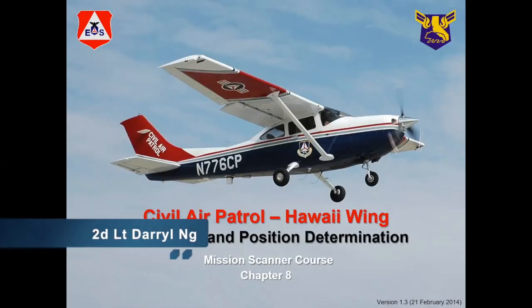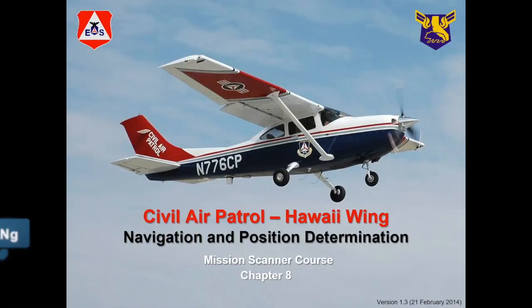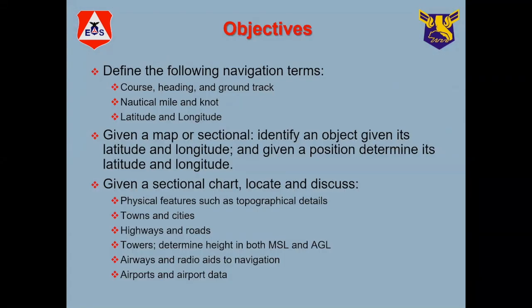This is going to be navigation and position determination. We have quite a few objectives in this module. We need to define the following navigation terms: course, heading, and ground track, nautical mile and knot, latitude and longitude. Given a map or sectional, we need to identify an object given its latitude and longitude, and given a position,